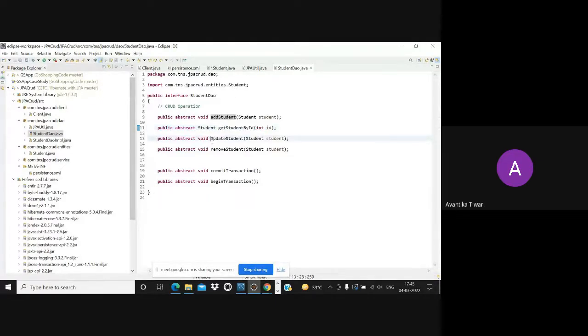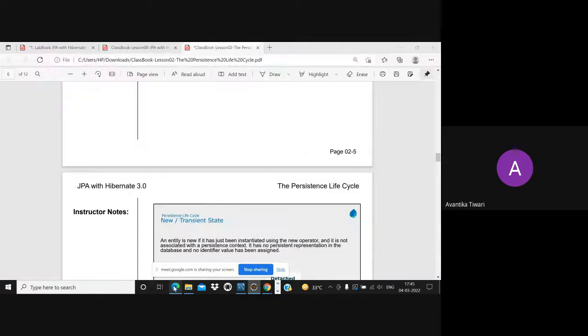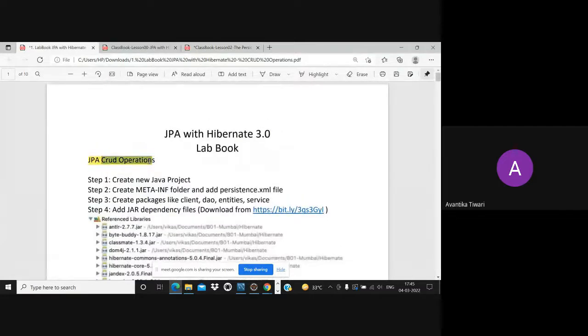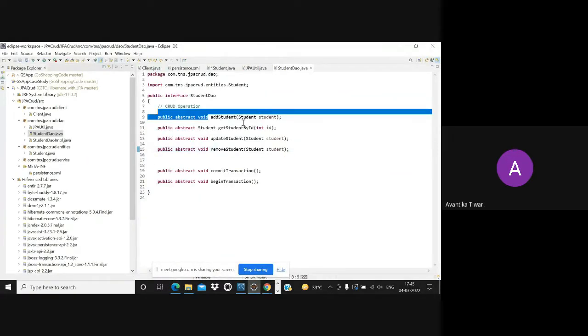I want my program to update the student present in the database table, and I want to remove a student from the database table. Why do I want to do all these things? Because we are performing CRUD operations: adding, retrieving, updating, and removing.